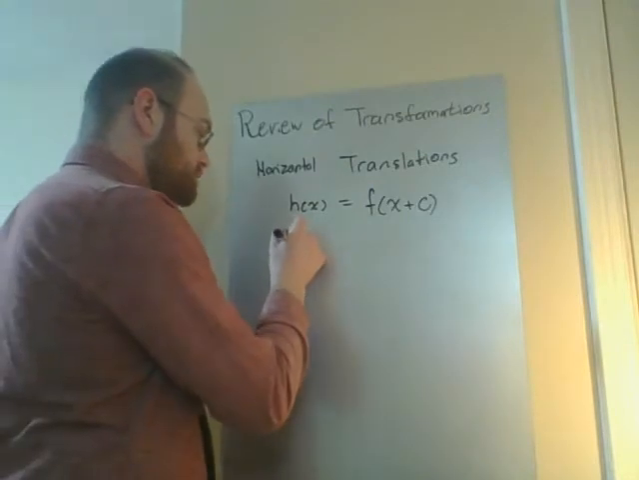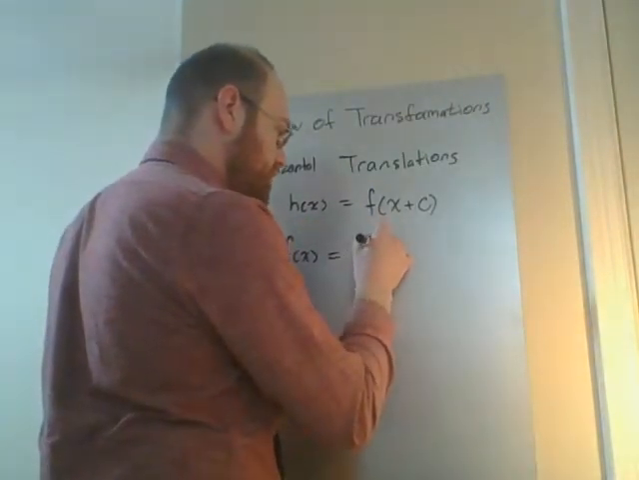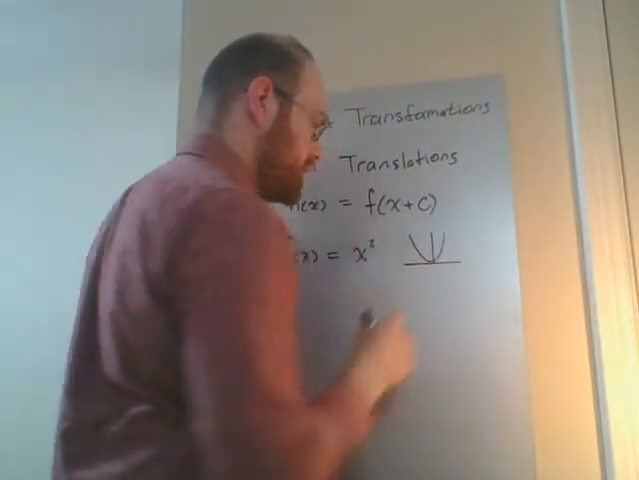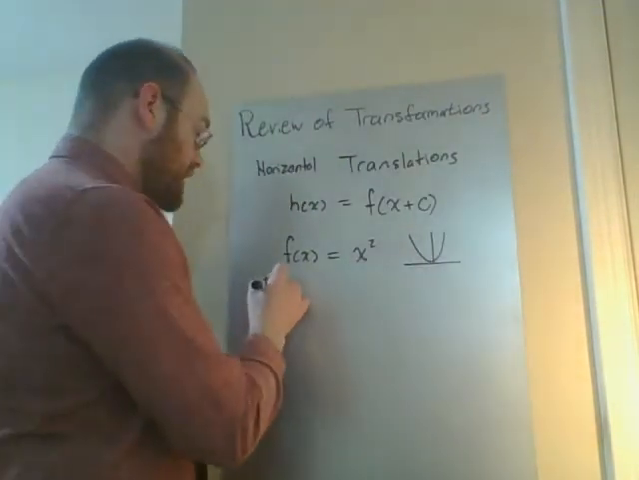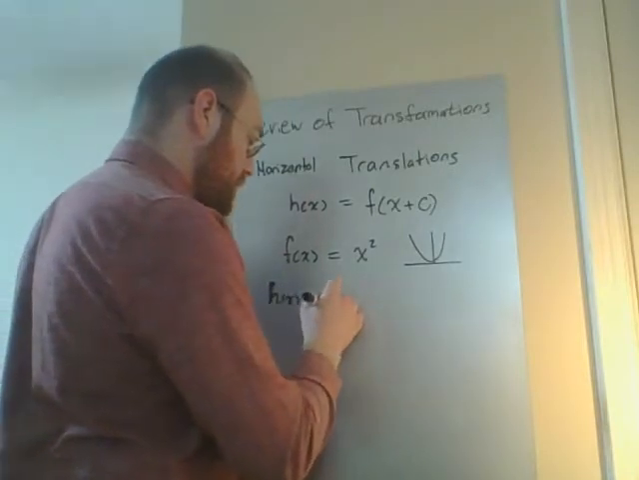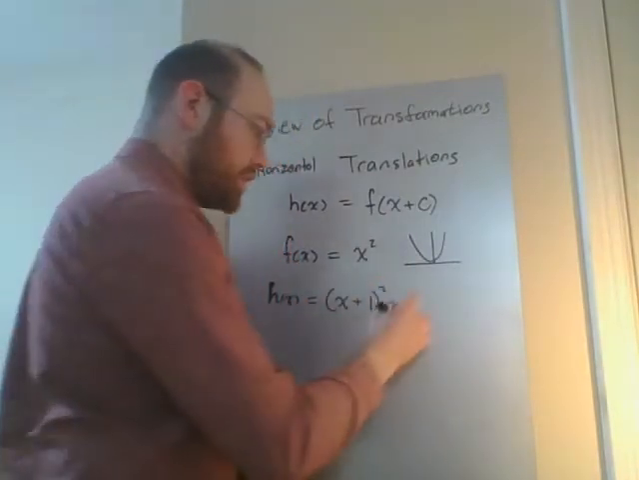So again, let's say f of x, our parent function, is x squared. Our graph just has the parabola centered at the origin. If instead we have h of x, x plus 1 squared,